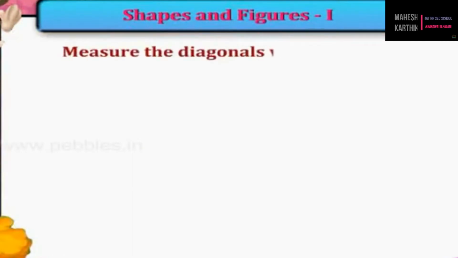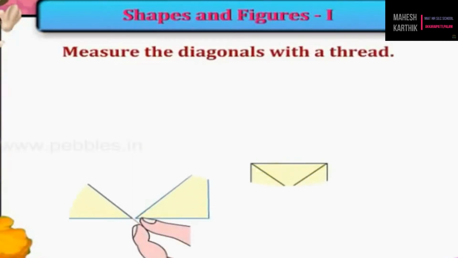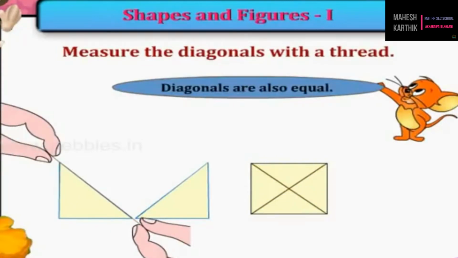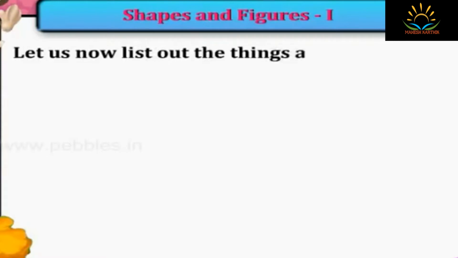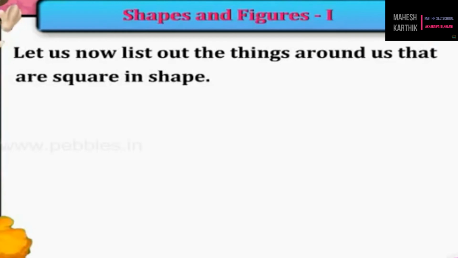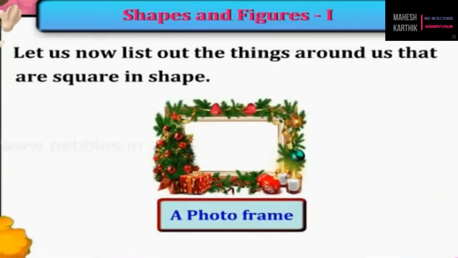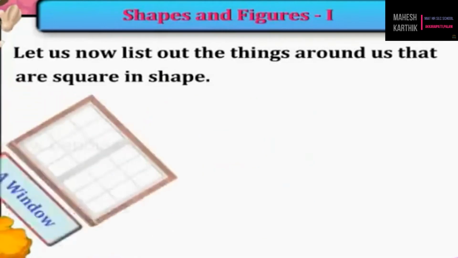Measure the diagonals with a thread. The diagonals are also equal. Let us now list out the things around us that are square in shape. A clock, a photo frame, a window,